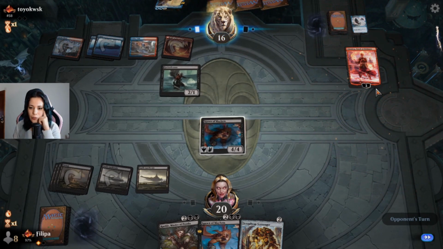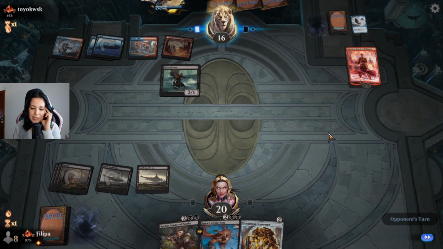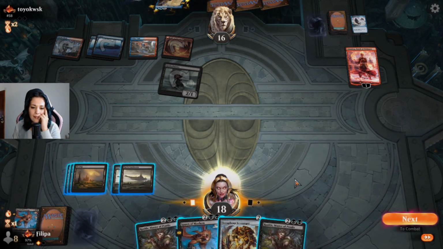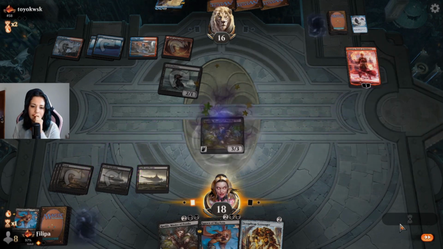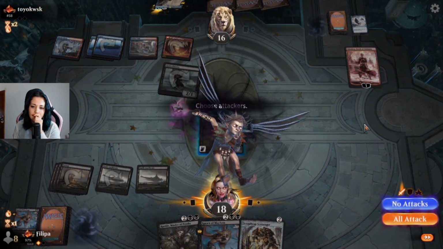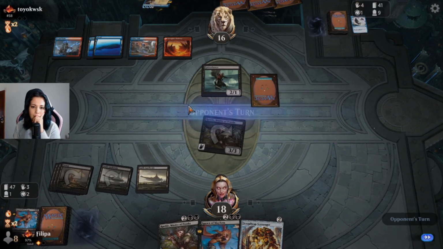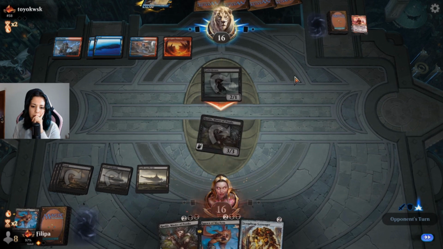Okay. I don't even know what that Chandra does. 4 damage. Oh, that's bad. But they cannot use it anymore, right? Yeah. I mean, maybe I should just get rid of Chandra right now. If the Gutter Bones dies, he comes back to me, so it's like...